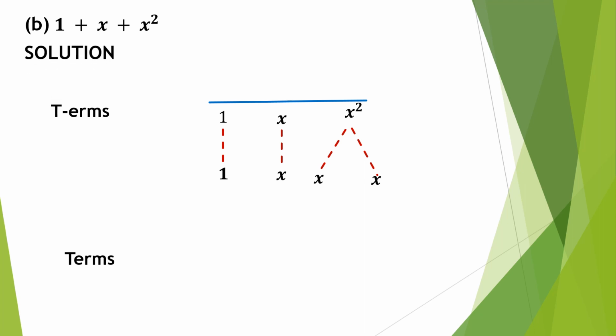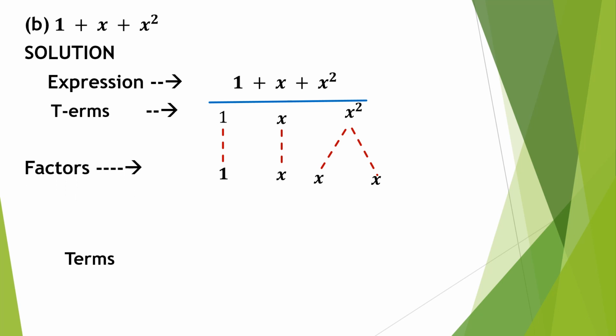Now we can see how to represent it by a tree diagram. So first you can write the expression, then draw a line, put an arrow mark down in three directions, one for each term. Then write the terms 1, x, x square, and now you can write the factors. The factors are 1, x, and for x square, its factors are x and x. You should show it this way. Put two arrow marks down from x square.